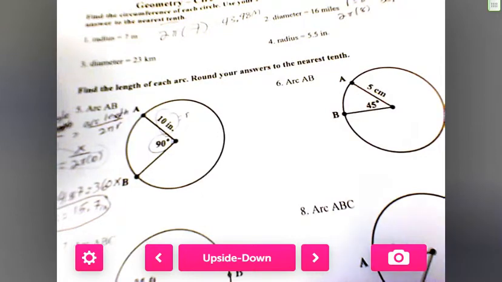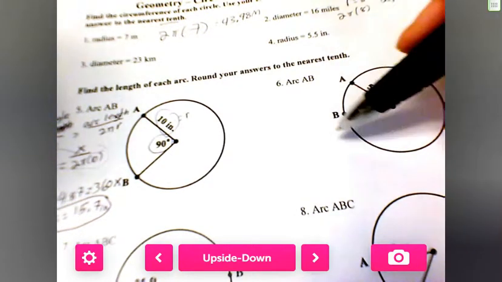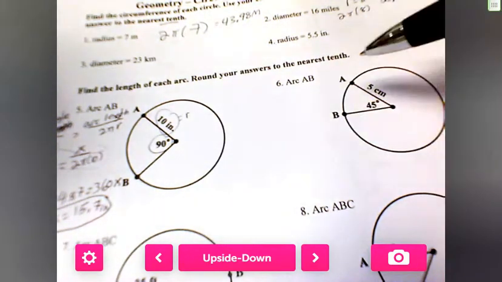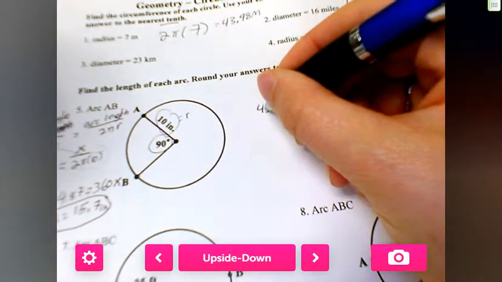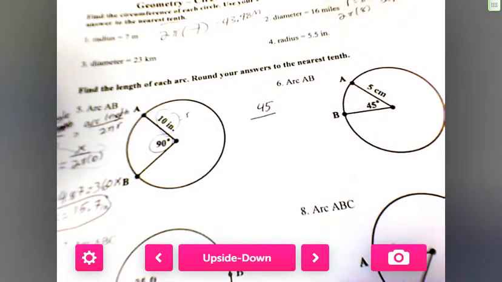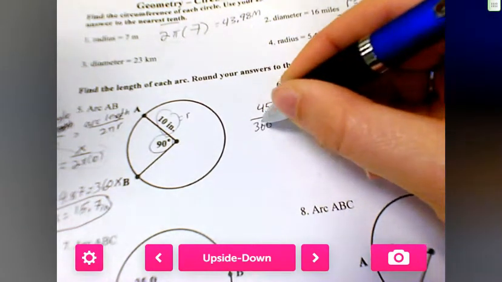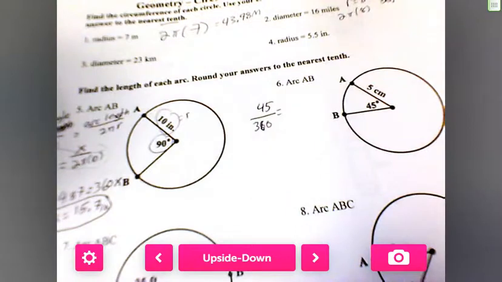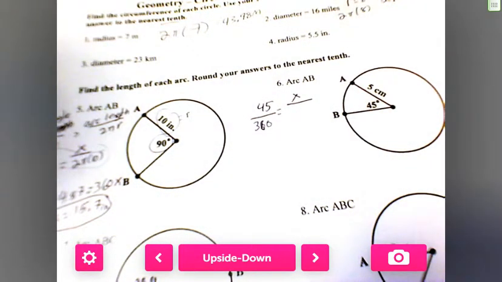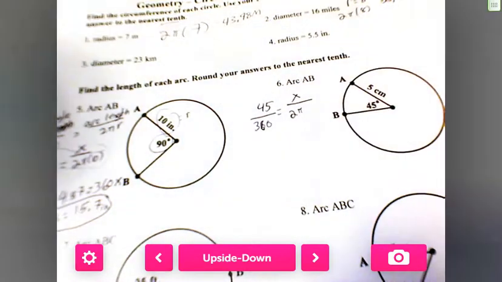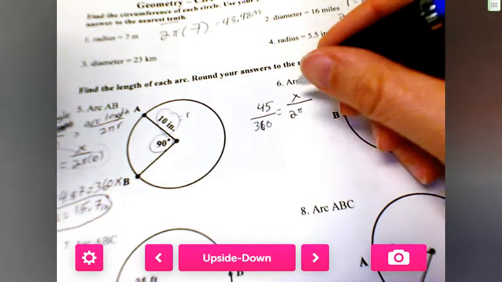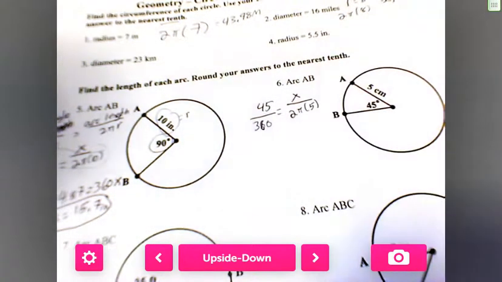Okay, number 6. What is my central angle here that I'm looking at? What is it? 45, and we put that over what? Good. Equals, do I know my arc length? So I put x over, what's my circumference? How do I find my circumference? 2 pi what? What's r? 5. Good. Okay, so I'm going to go 2